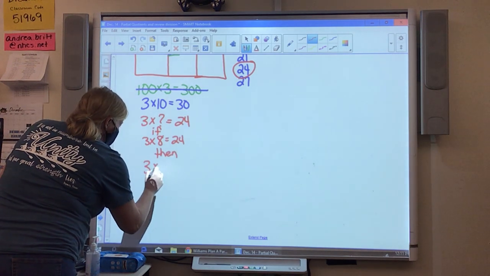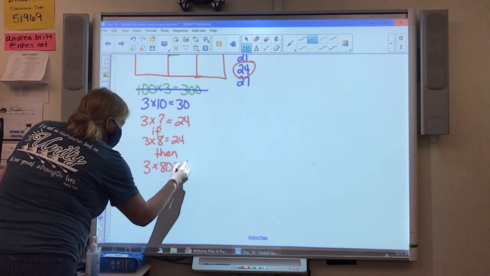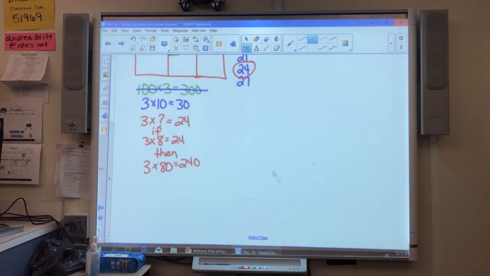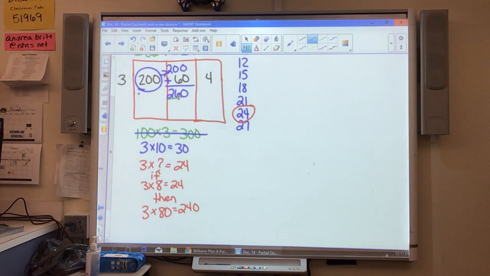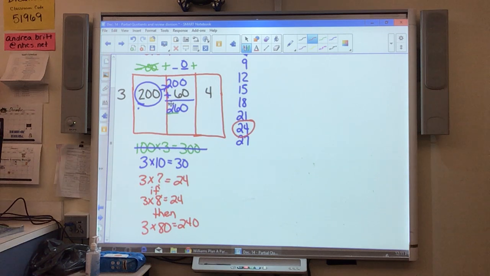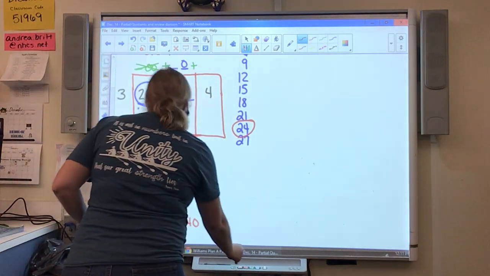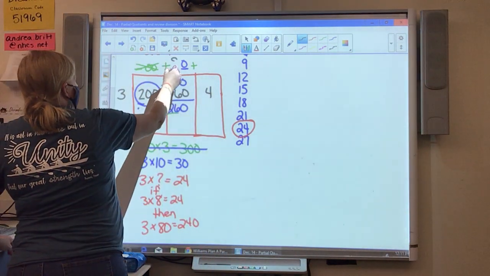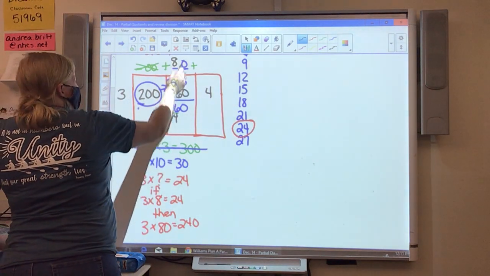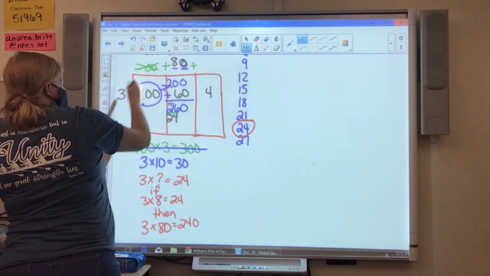Then 3 times 80 equals 240. So since I'm in the tens place, 240 gets me really close to 260, doesn't it? Yeah, so I want to use that number. So I'm going to say, we just did it a minute ago, if 3 times 8 is 24, then 3 times 80 is